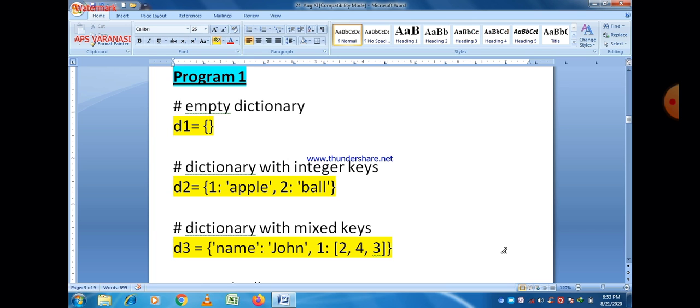Within a key-value combination we can see that first the key is written, after that a colon sign, and then we write the value regarding that key. So actually it creates a dictionary with integer keys.